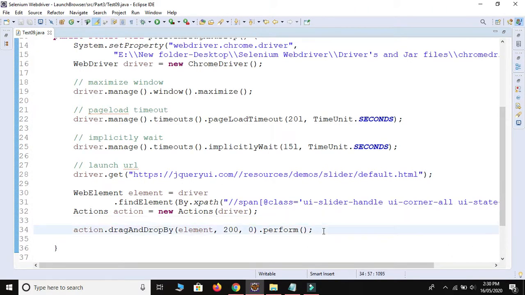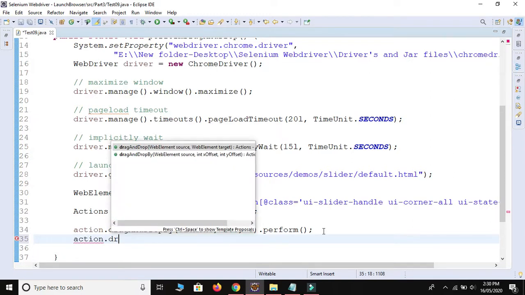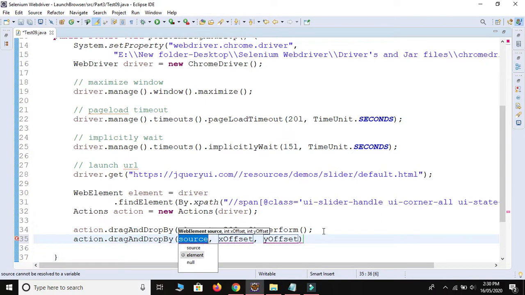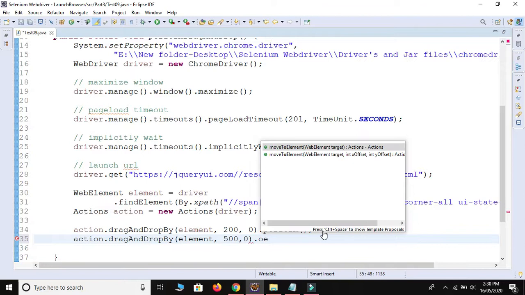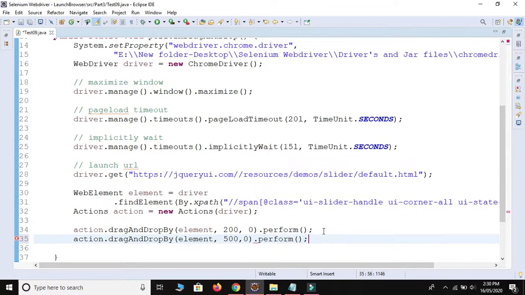So after I will write one more method, action dot drag and drop by element at the 500, and then y-axis is 0 dot perform method mandatory field.